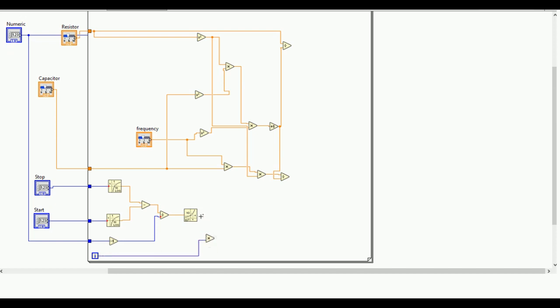So it will add. First one will be 0. So this will add in the starting frequency continuously till the number of numeric points we need, or the number of iterations we need. So it will add as a frequency.